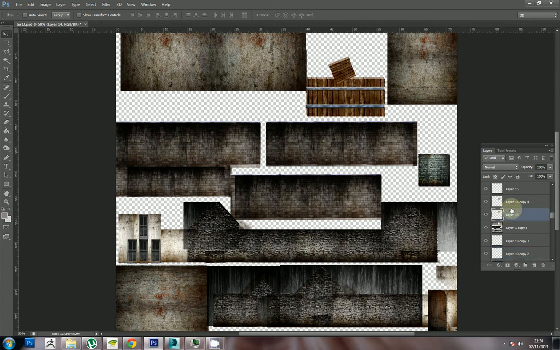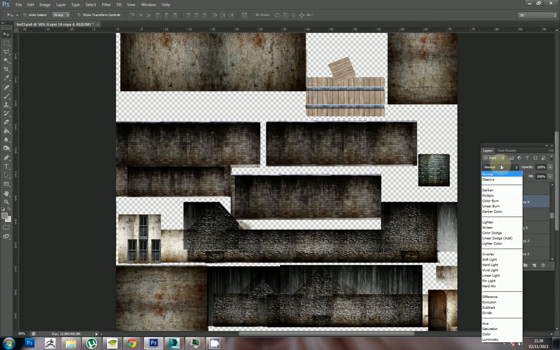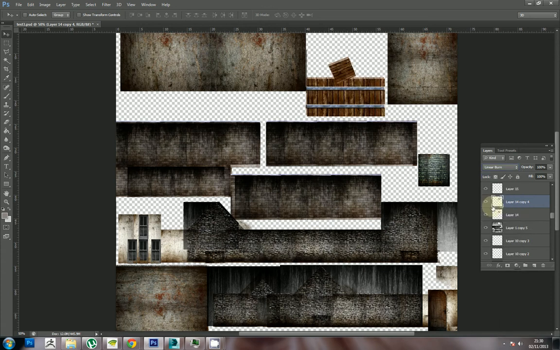I basically just made a copy of it and put linear burn on it. So if I take that to normal, that was what it was like. So I made a duplicate of the actual texture, applied a linear burn to it to make it look much darker and sticking out with all the lines. Then just created a simple shape,